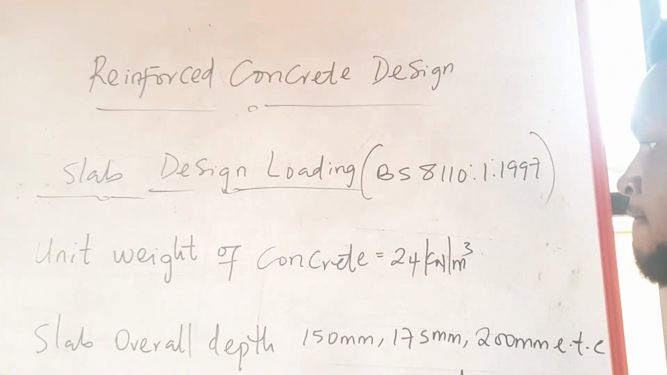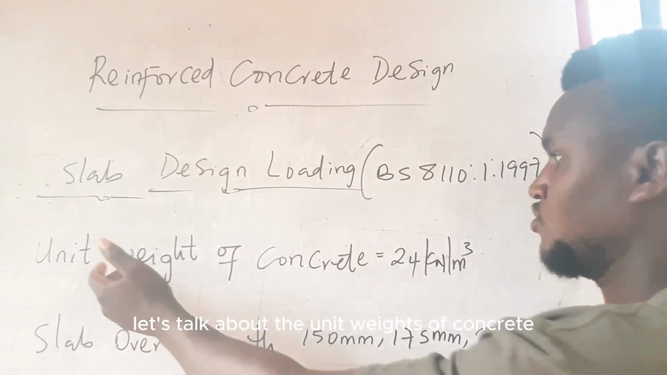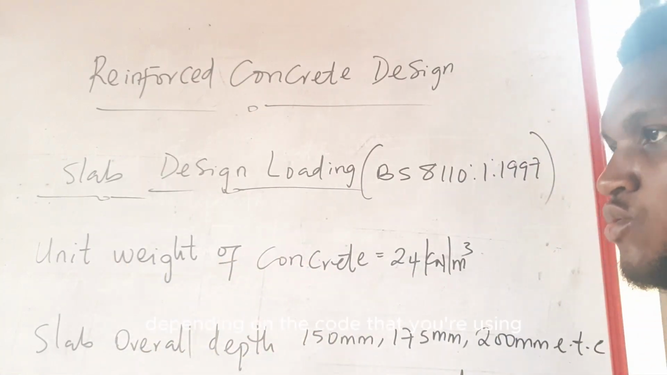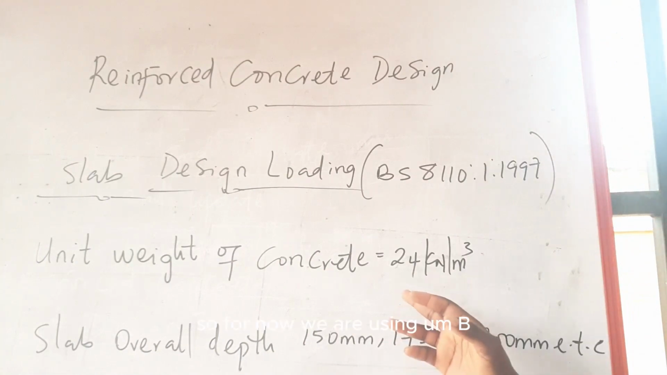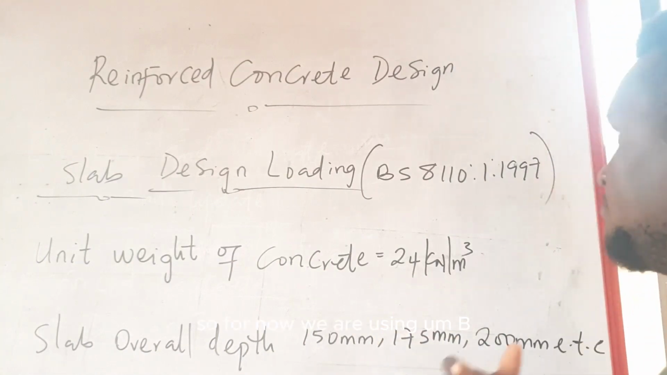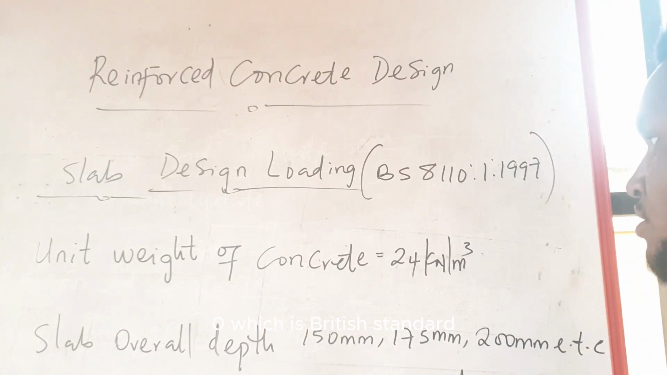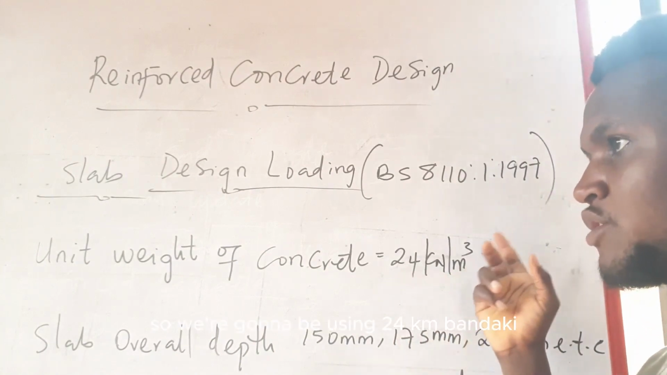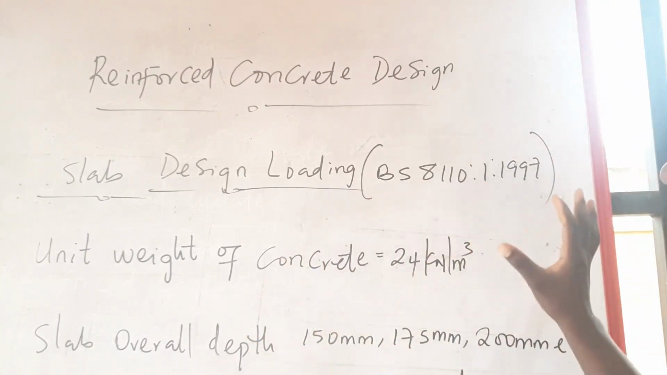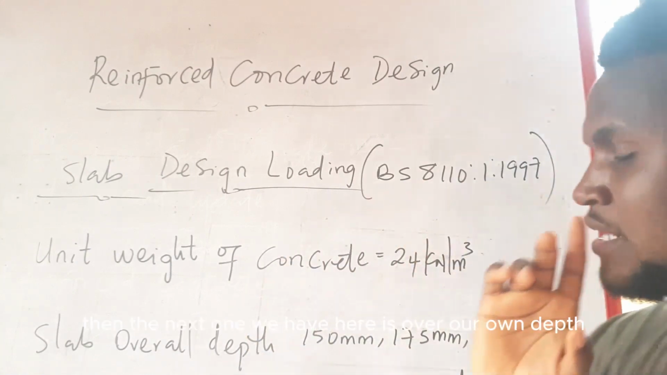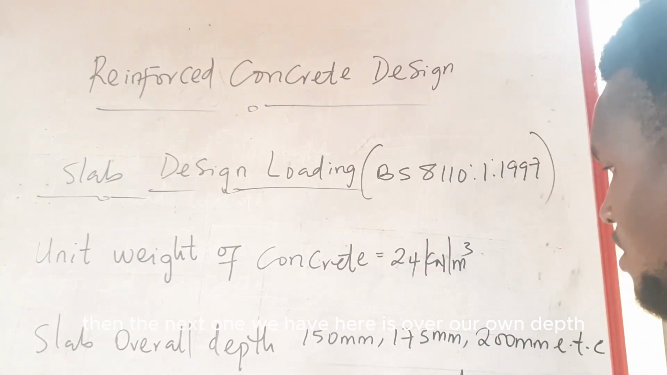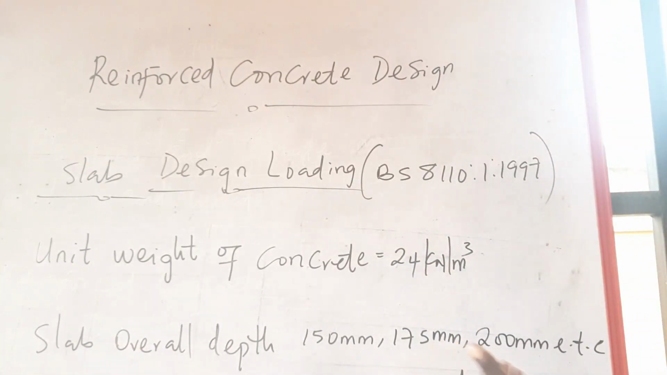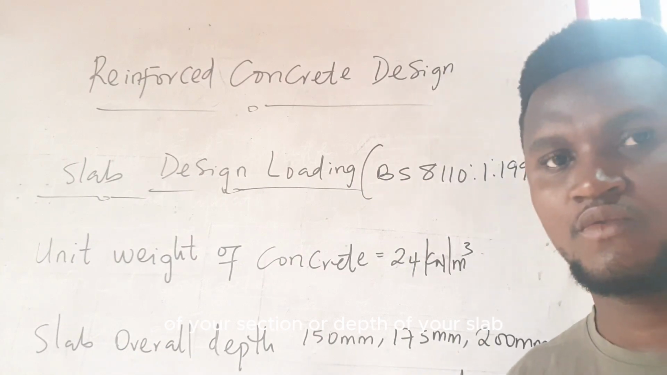First of all, let's talk about the unit weight of concrete, depending on the code that you're using. So for now, we are using BS 8110, which is the British standard. So we're going to be using 24 kilonewton per meter cube, this is constant. Then the next one we have here is the overall depth of your section, or depth of your